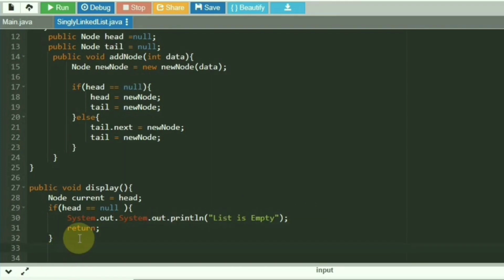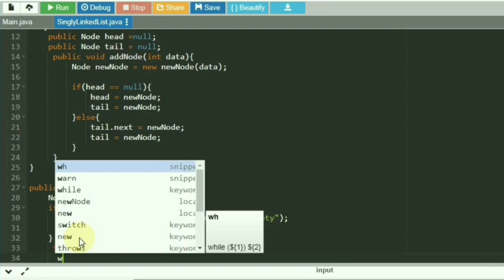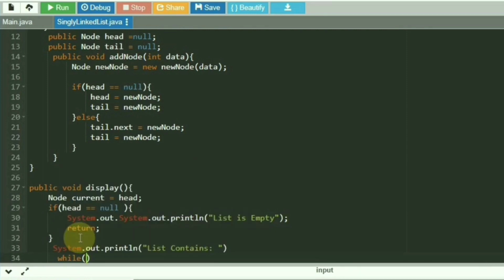Otherwise, what we're going to do is print the data. So we have to access sequentially. Here in current you place the head, so we will loop through it.